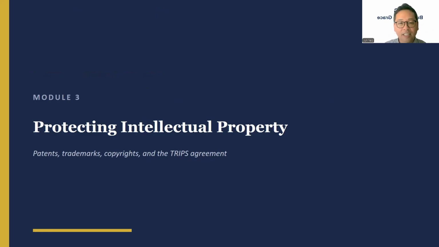In 1995, the same agreement that created the WTO also created new global rules for intellectual property. This is called the TRIPS agreement. We'll look at what TRIPS requires and why intellectual property protection matters so much for innovation. This module connects very directly to any industry built on research and development, including pharmaceuticals, software, entertainment, and advanced manufacturing.